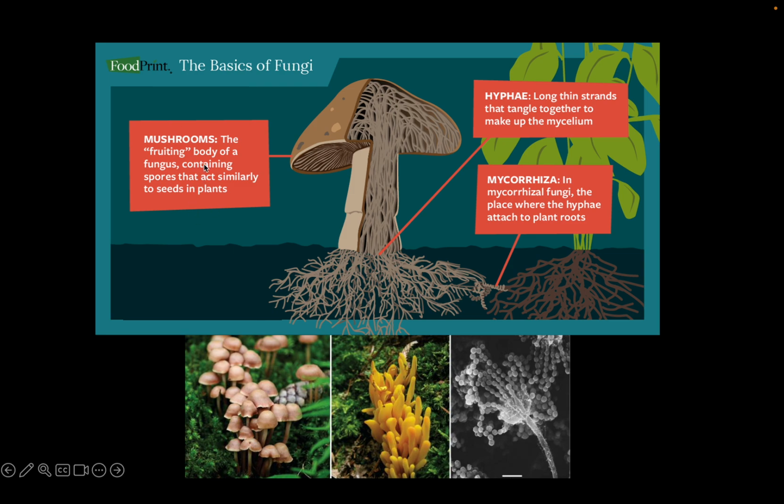Mushrooms, again, as I already mentioned, these are the fruiting body of the organism, and they are the reproductive portion. So if you can see my mouse, and hopefully you can, I'm trying to outline the bottom section of the mushroom, and this is where the spores of this organism would be released. And within the mushroom, and going down into the ground, we have hyphae. And these are really long and thin strands that come together and make up the mycelium, or this underground layer. They kind of look like a big root system, but we call them mycelia.